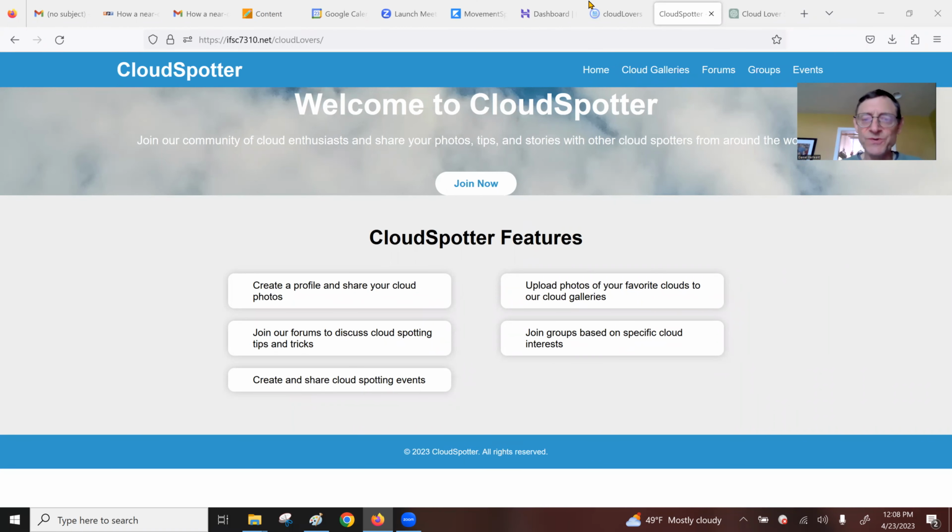Hello, let's look at how to make a website in ChatGPT, that is, using ChatGPT as a website development tool. So the first thing I'm going to do is show you a website that took me approximately 2 hours to build. And that 2 hours includes mistakes, backtracking, all the inefficiencies that go along with doing this for the first time. So this is a website for cloud lovers, and